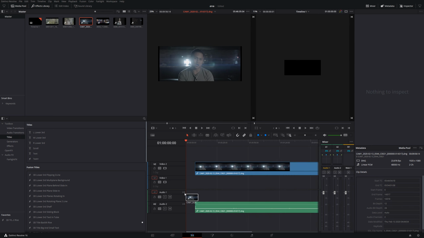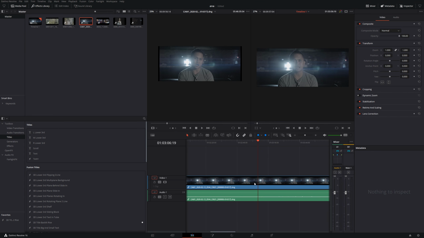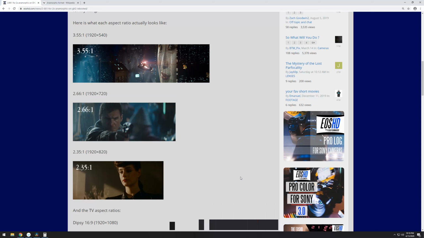Drag and drop it. There. Zoom in. There you go. It's just on the view that has the black bars. Here should be fine. And that is your 2.35 using a 1.33 lens on a HD 1920 by 1080 16:9